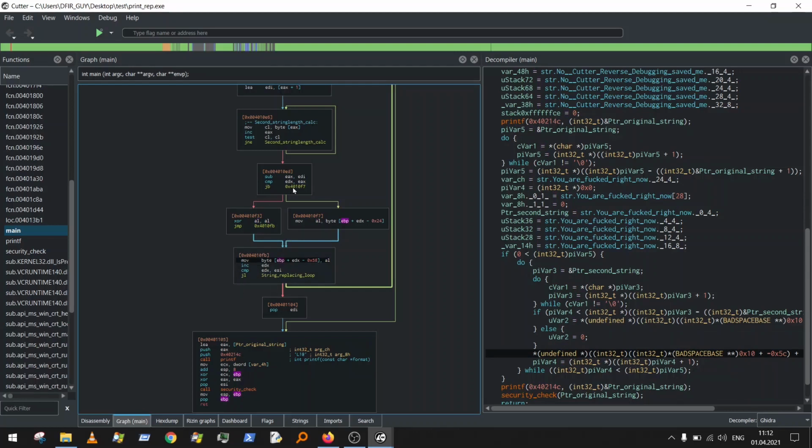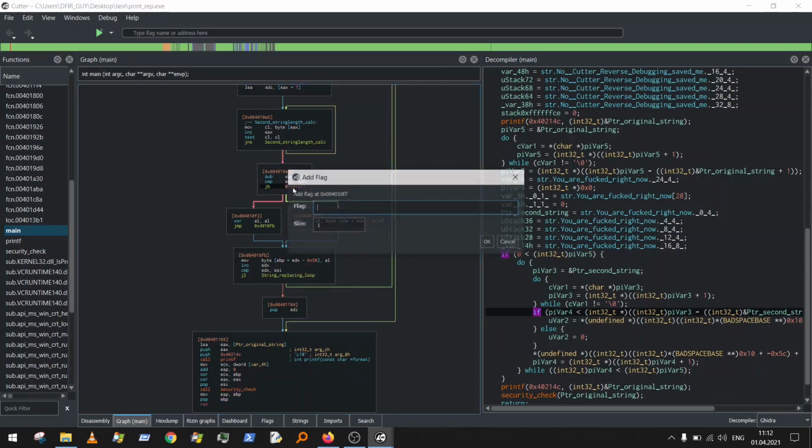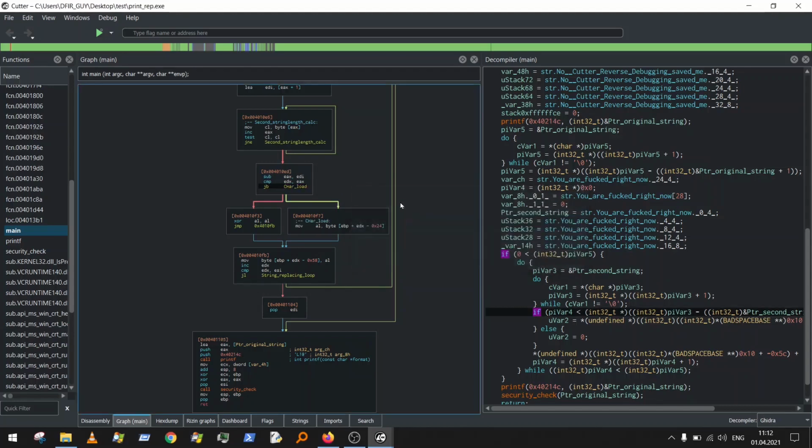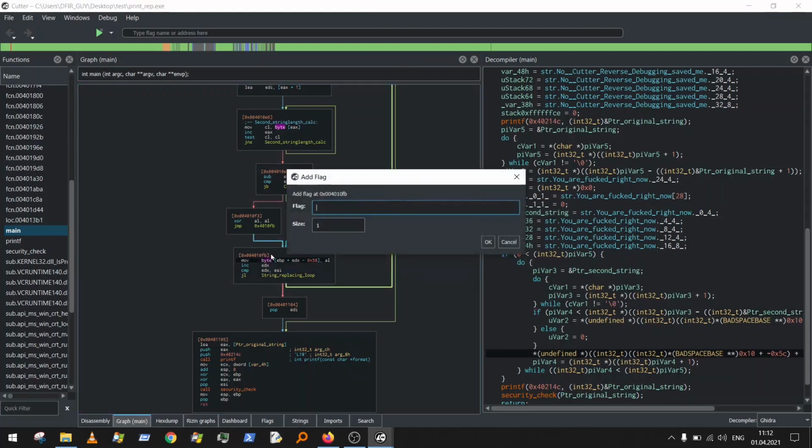So we can rename this jump flag as character load, char load. Yep, and here is the character replacing. So renamed char or 0 replace. Okay,